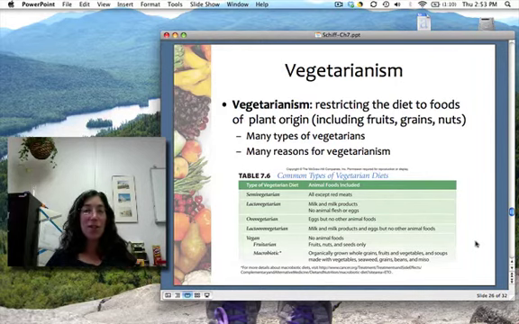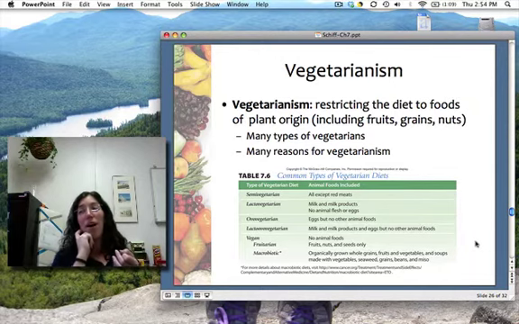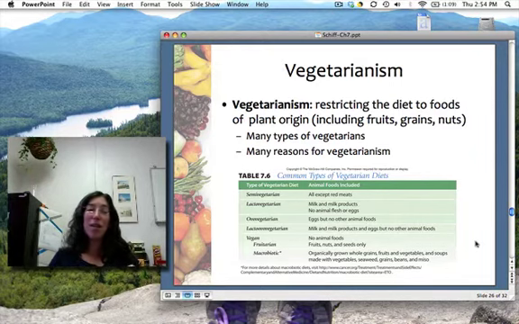So just as there's lots of different types of vegetarian diets, there's also a lot of different reasons for keeping those diets. Some people do it for health. There are health benefits we'll discuss to vegetarianism. Some people do it for preference. They just don't like meat, or certain types of meat, so they stay away from them. Some people do it for ethical reasons. They think because of the treatment of animals in the meat production industry, or just because they are animal lovers and they don't like the idea of killing animals and eating them. There can be religious reasons for being a vegetarian, ecological reasons, so